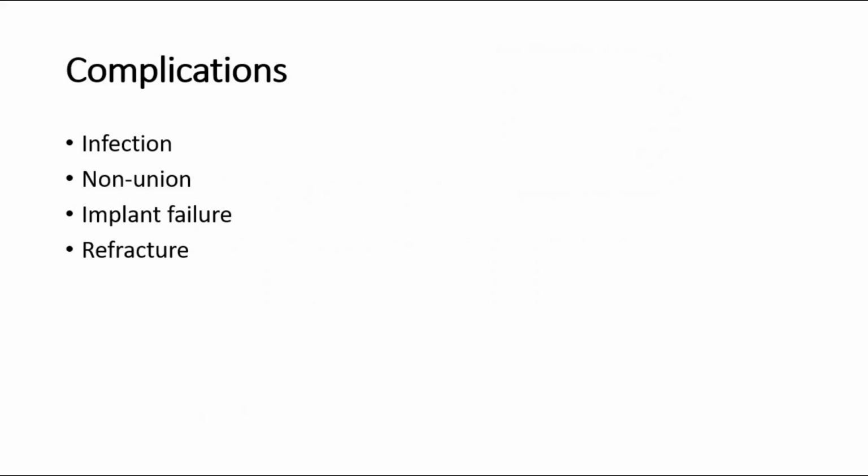These are some possible complications of internal fixation. First, infection. Iatrogenic infection is now the most common cause of chronic osteomyelitis. The metal does not predispose to infection, but the operation and quality of the patient's tissues do. Second, non-union. If the bones have been fixed rigidly, with a gap between the ends, the fracture may fail to